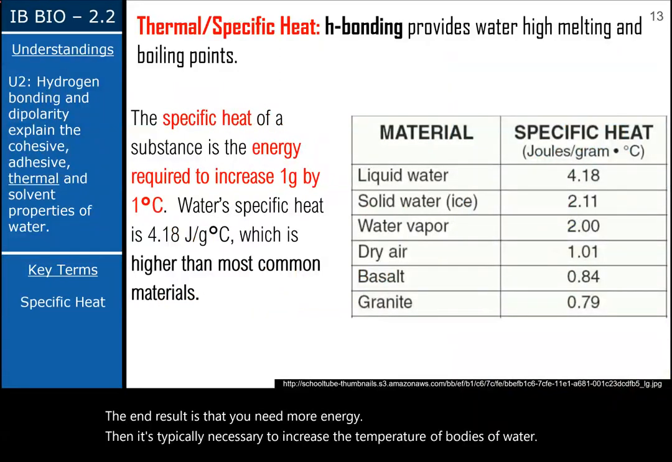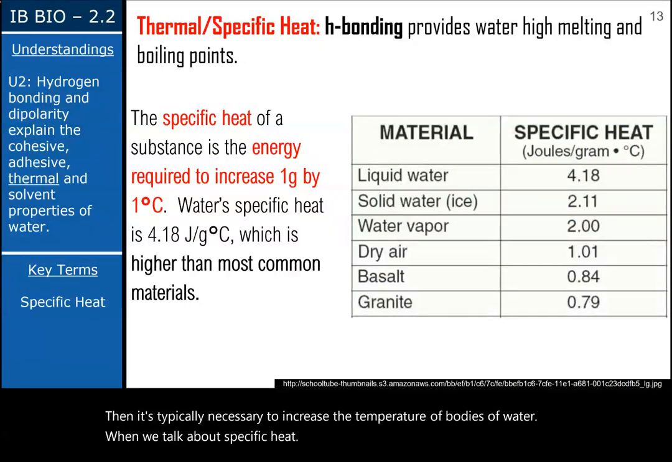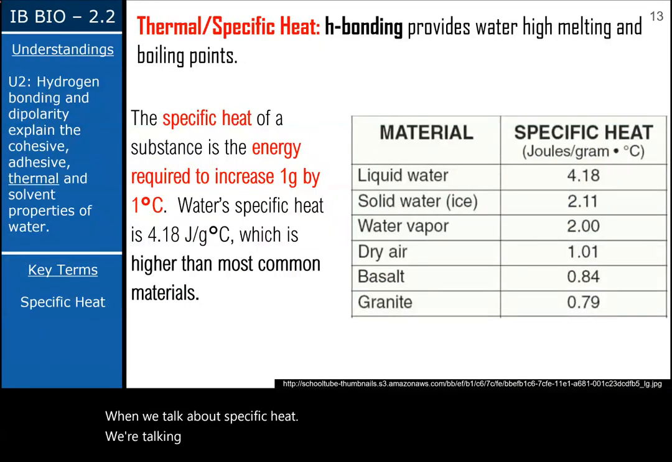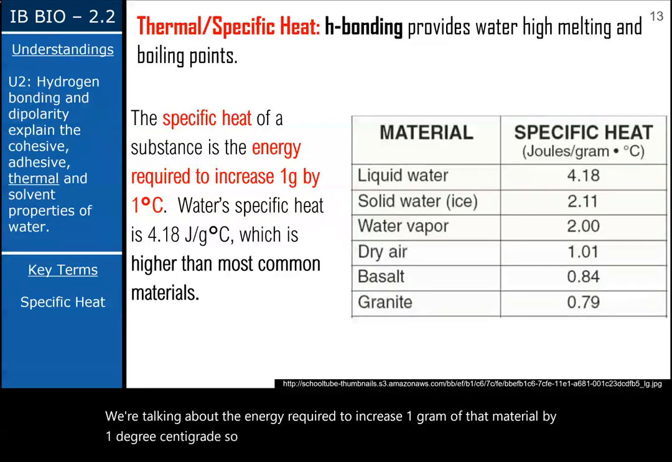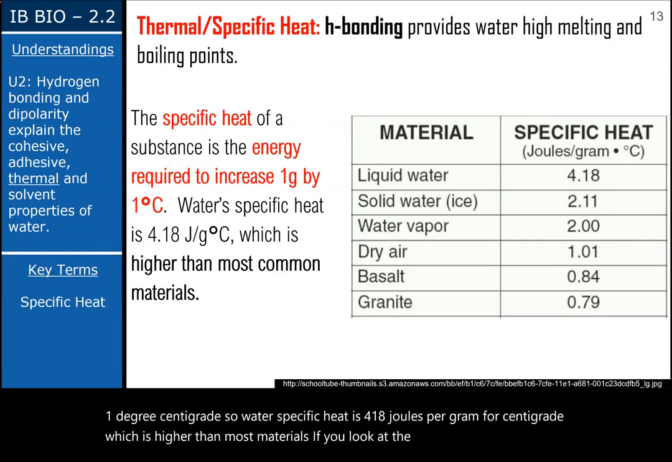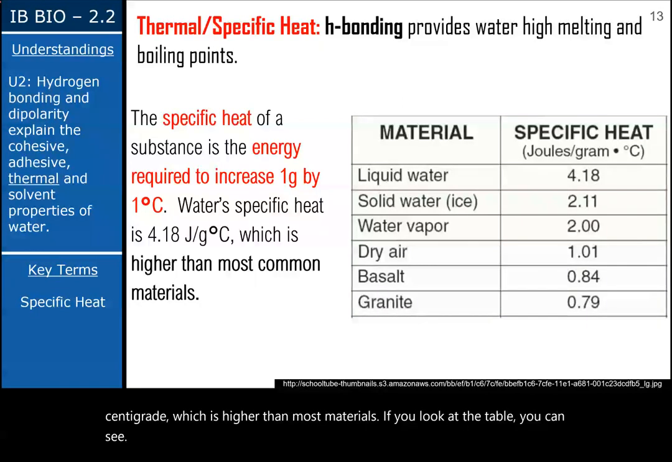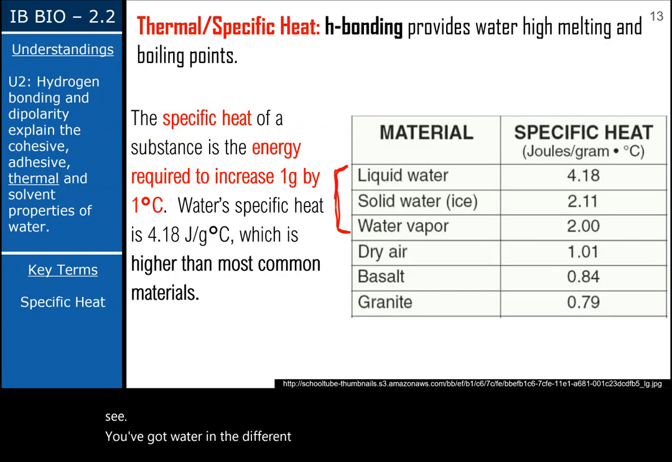When we talk about specific heat, we're talking about the energy required to increase 1 gram of that material by 1 degree centigrade. So water's specific heat is 4.18 joules per gram per centigrade, which is higher than most materials. If you look at the table, you can see you've got water in the different phases here, right? And then you've got other